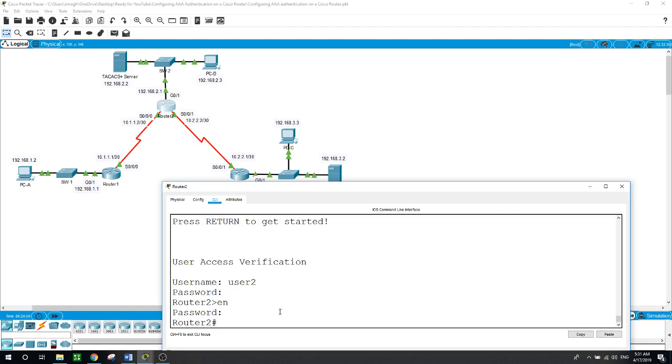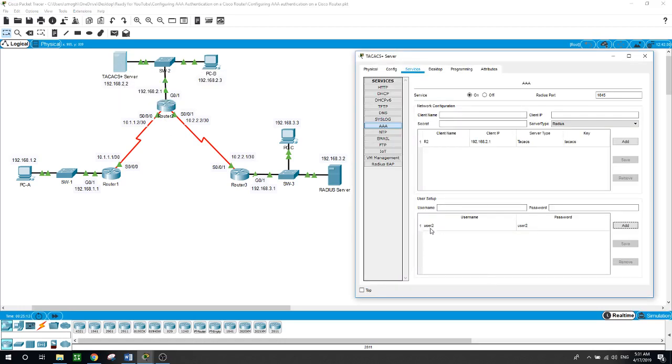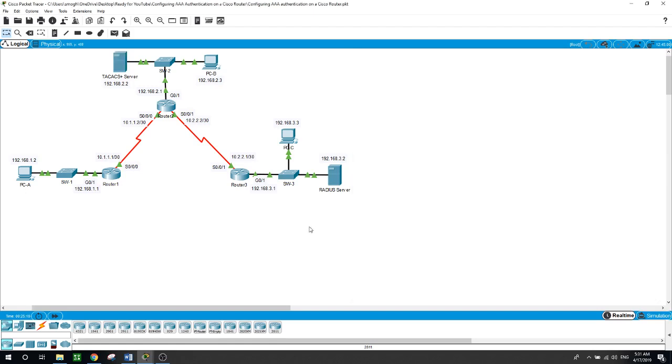Now, I hope this was clear. For local on the router, we have the user as admin2 and secret password as admin2. But using the AAA authentication using the TACACS server, as it's configured here, the user is user2 and the password is user2. But just in case this server was down or got disconnected or corrupted for some reason, the user can still log into the router